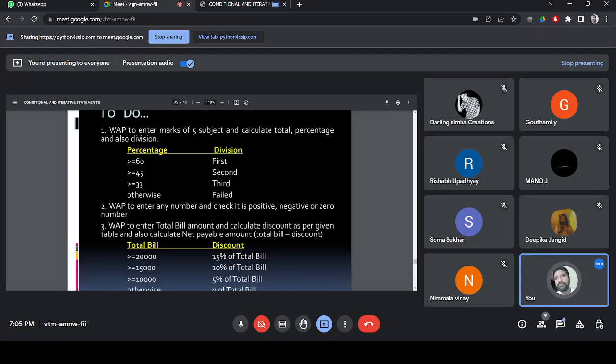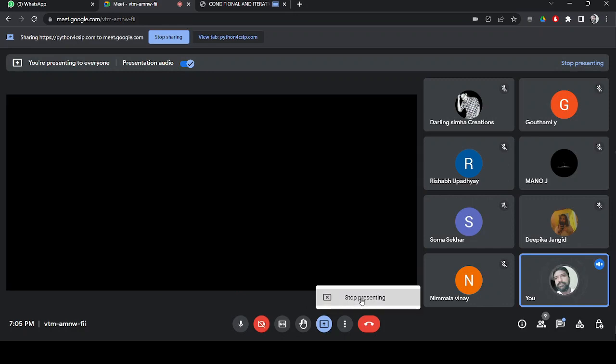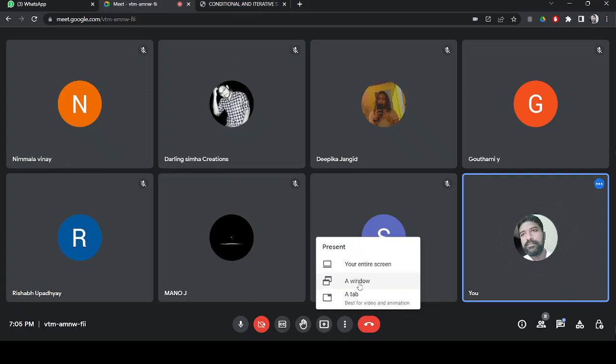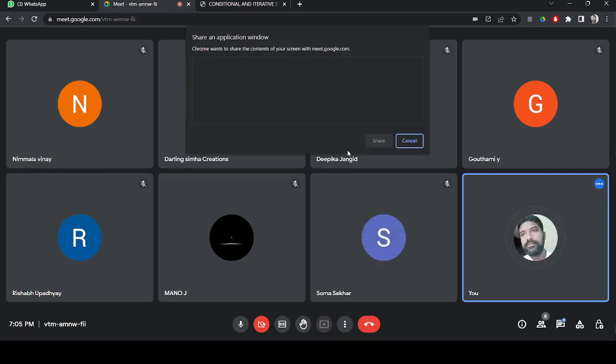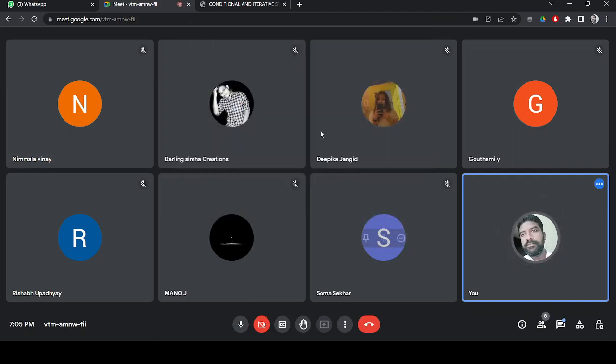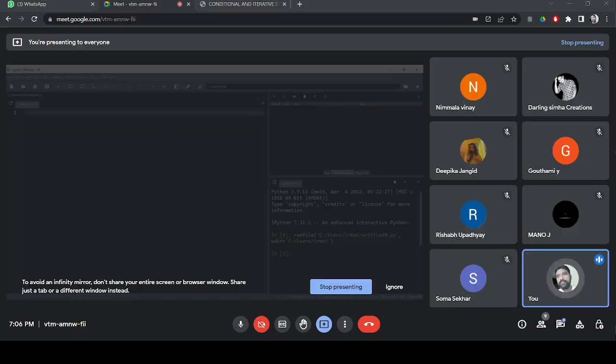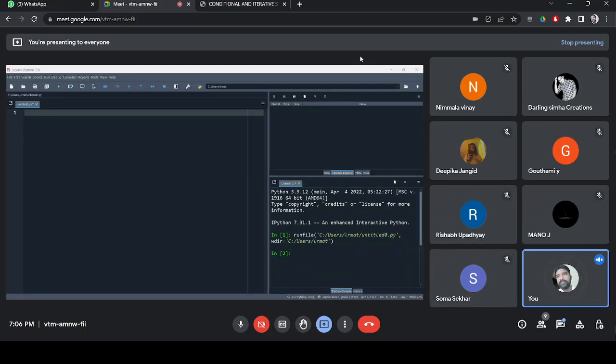Let me project the Spyder window instead of this one. I will write a program for you where the calculation will find the division of the student using Spyder. I am starting the program. If else is easier, but the difficult part comes from elif. Now, please observe the window. Most of the time I am not typing the colon and all, it is typed automatically. Automatically it will type the indentation and all. I start to type and you observe the window and you can understand.